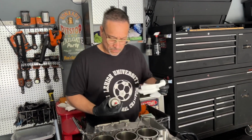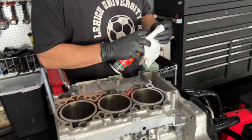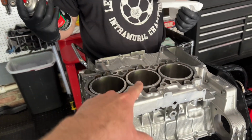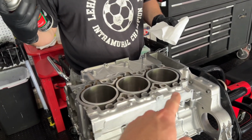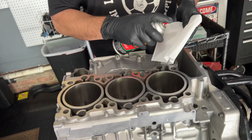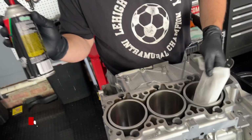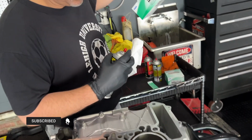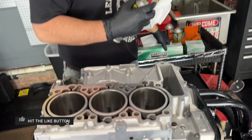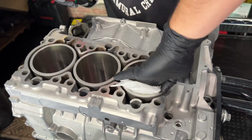I'm with Buddy again. We're in the garage, and today we are going to get the crankcase carrier into the Bank 1 block. The first step, though, is to clean the bores out really well. We're going to use carb cleaner and some lint-free Kim wipes in this case. You want to make sure that this is completely clean, or else, of course, you're going to prematurely wear